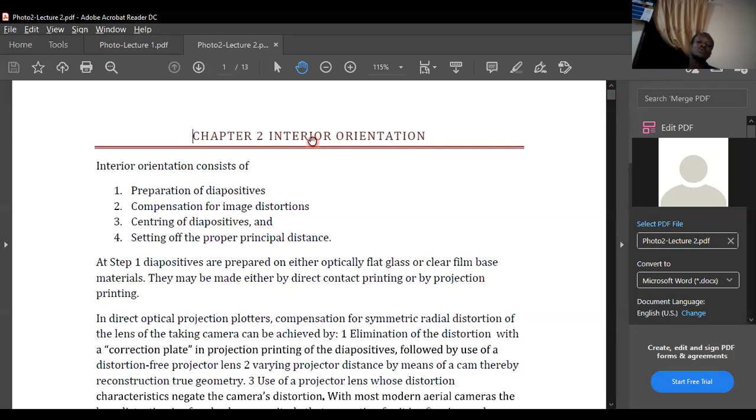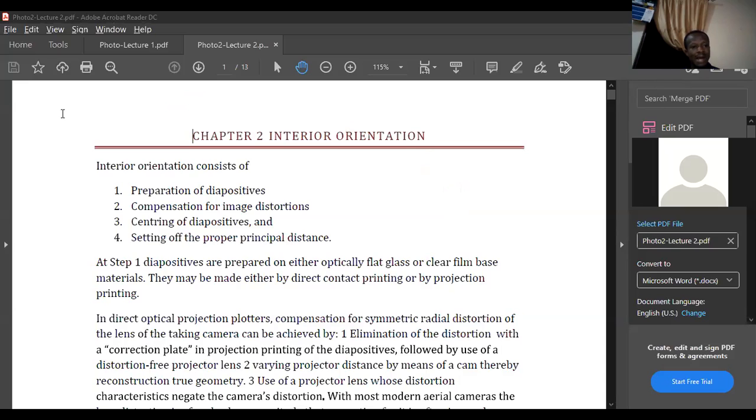But honestly, photogrammetry makes use of about 3 processes. So photogrammetry is nothing more than photographs we want to measure from. Now, you can't just measure from any photograph. It has to be the vertical photograph. Okay. So now the vertical photograph that you want to actually measure from, do you just get up and start measuring from it? No, you have to take it through a process. And the process, we don't say the process, we actually say an orientation, or the orientation process. Are you okay? So now the first orientation, or the 3 orientation processes, are actually what we call the,